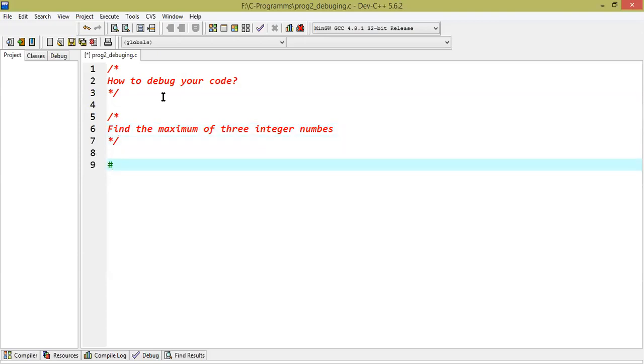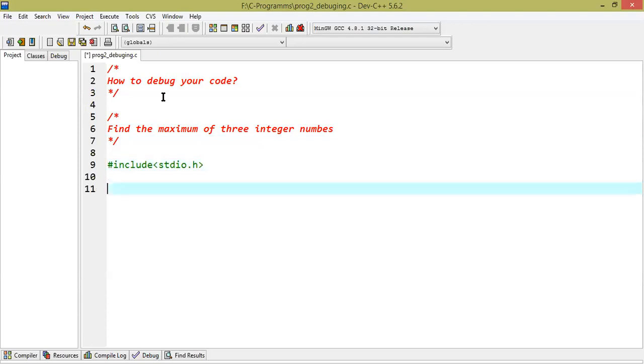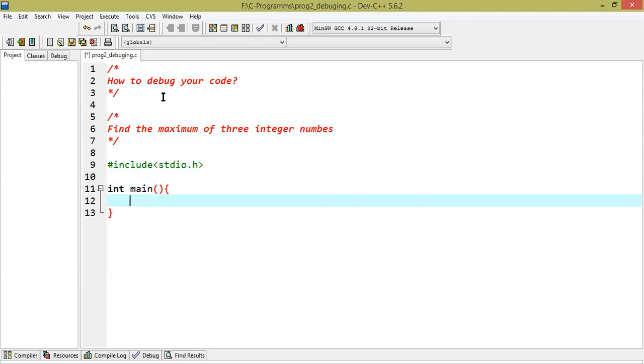We should first begin with the header file stdio.h to print a message into the console, and we know it is a preprocessor directive. Next, write the main method, because every C program must have a default function called main, which is going to be called by the operating system.